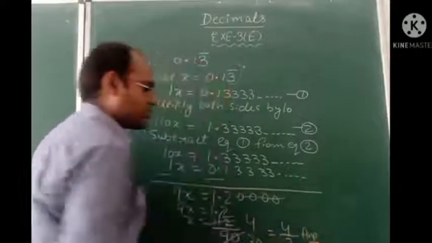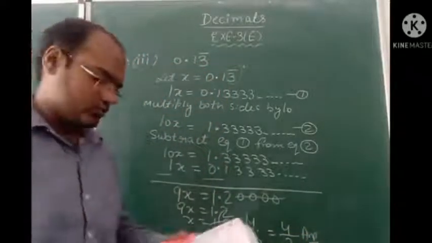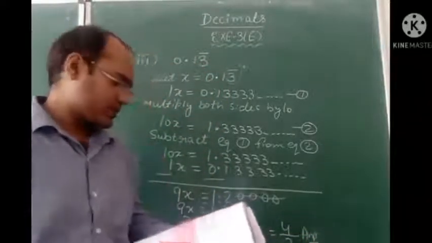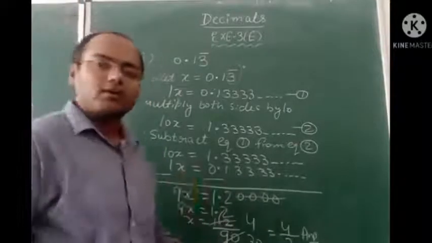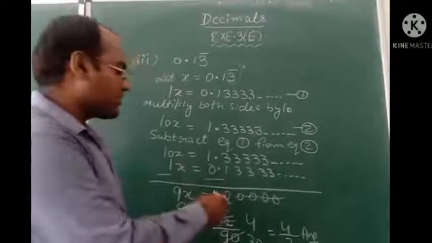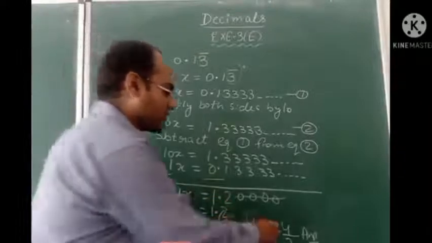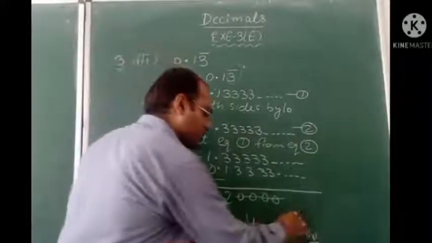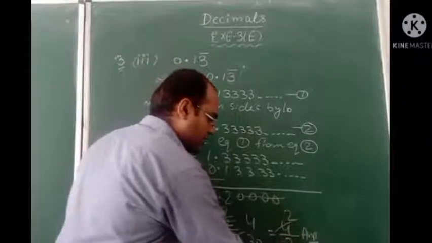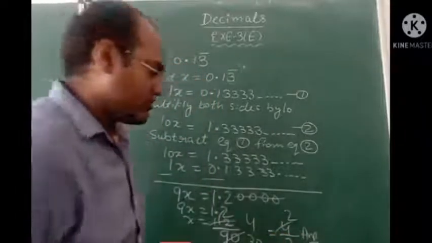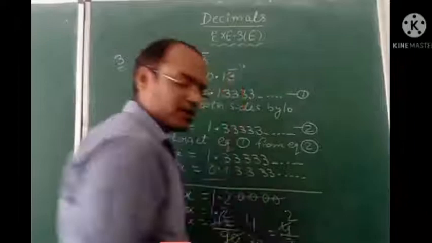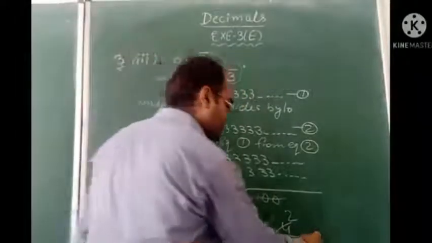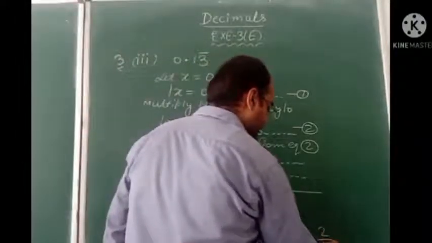So this is the fraction. Like this you have to do question number 3, part number 3. We can cancel it further. This can be cancelled more with the table of 2. 2 2s are 4, 2 15s are 30. So this is your final answer. So in place of 4 upon 30 we will write our final answer, which is 2 upon 15.